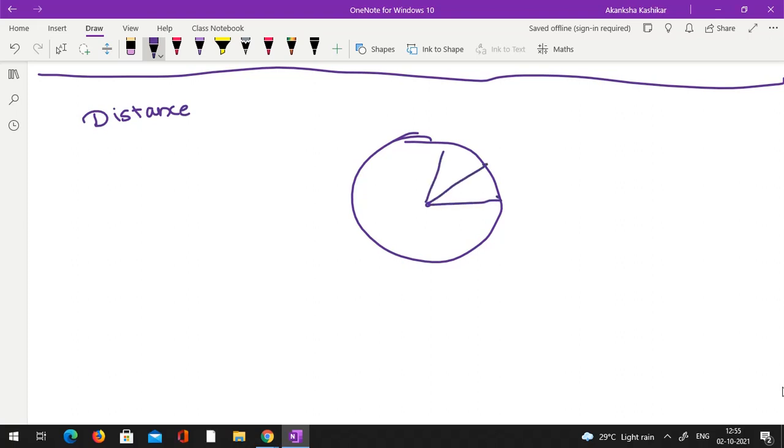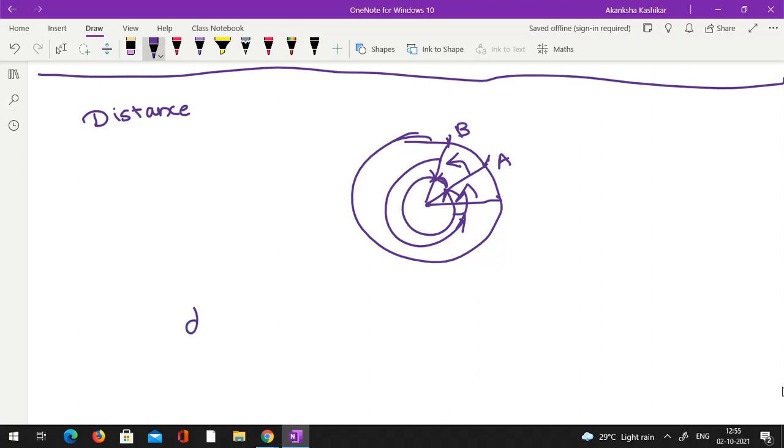Suppose I have 2 points here, say A and B. Now should I take this angle as the distance or should I take this bigger angle as a distance, because automatically there are two angles. So this is tricky, hence distance is generally defined as the smallest of the two angles. If you go from here to here in this direction, you get one distance. If you go from this direction, you get another distance.